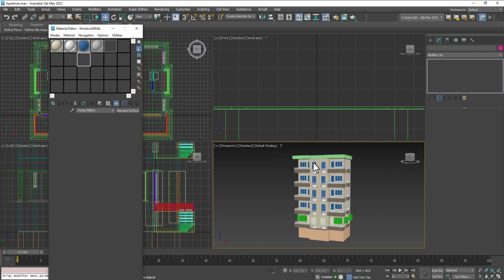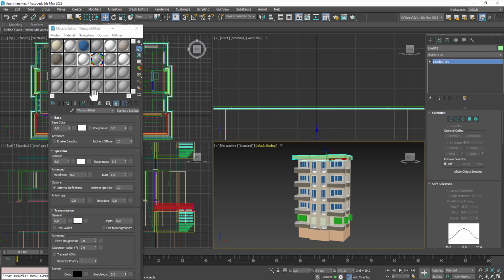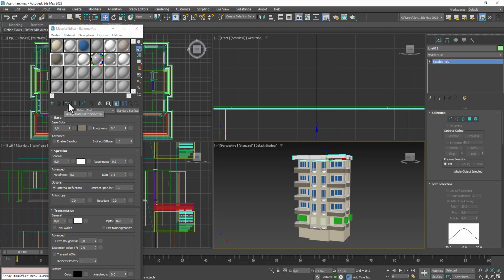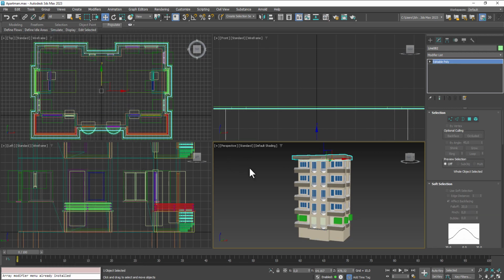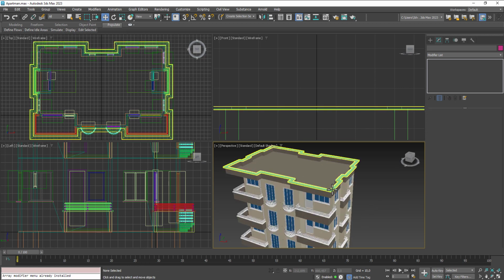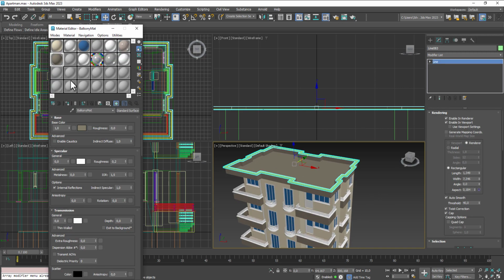And materials, we can add this way, and we can add this way, this material. Yes. Ctrl S, and this seal absolutely